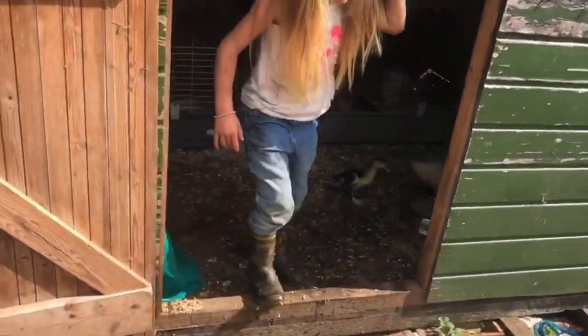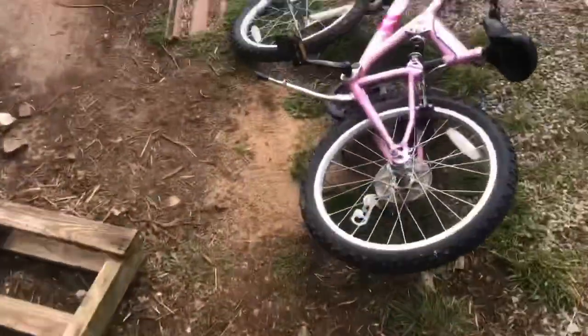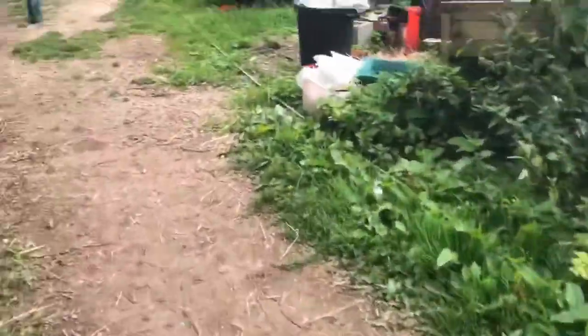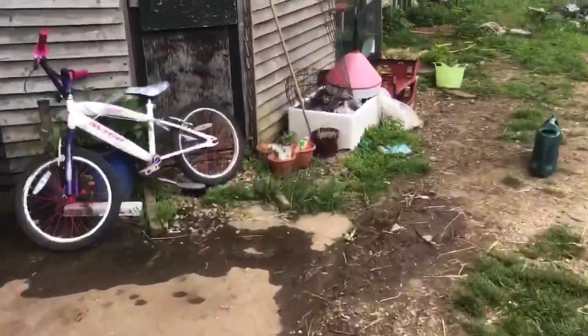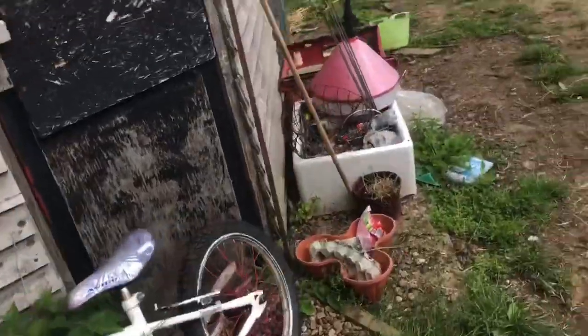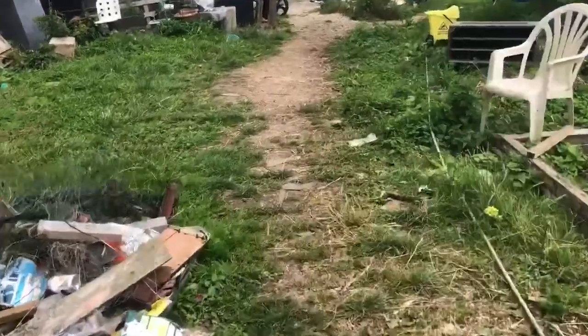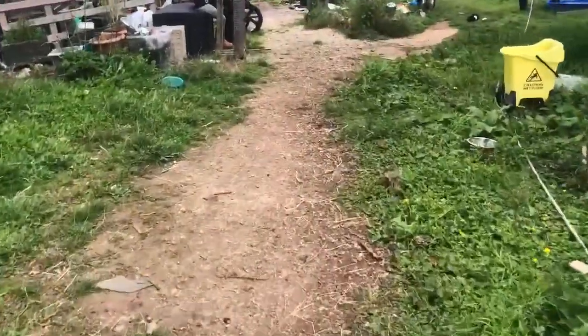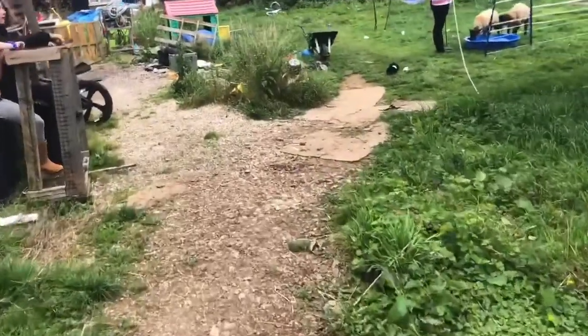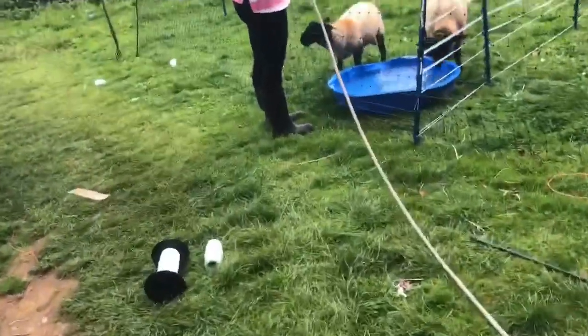Right, come on, Jazz, because we're going to shut the door and get ready to go home for dinner. We have to keep the door shut so they're safe, don't we? Find out who filled their water up, and see how much they've eaten. Is it all the way off? It's because it's draining downhill. Who put water in the muskies? The baby muskies, the ones in the rabbit shed? They've flooded the shed. The water's outside. They have a little bit over in the morning, but